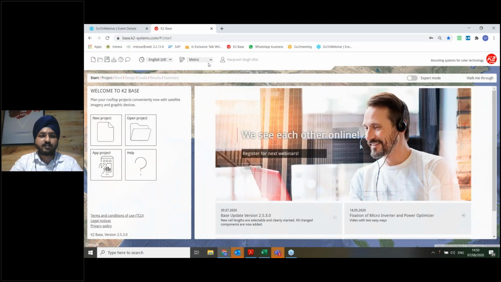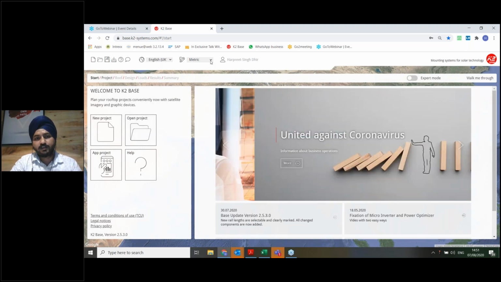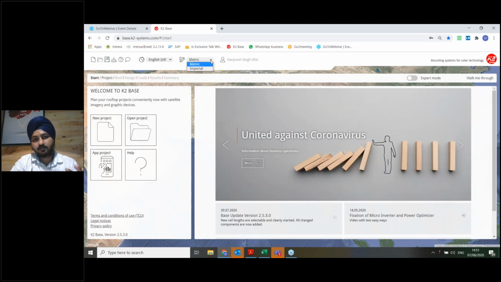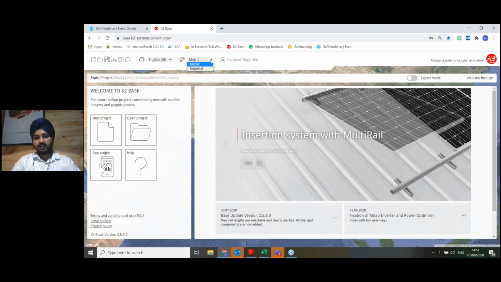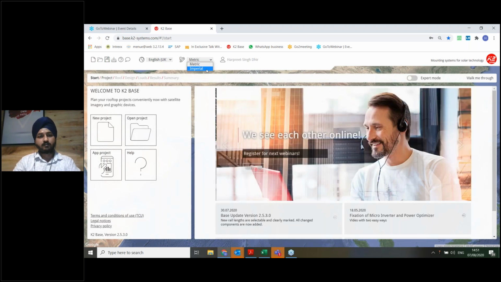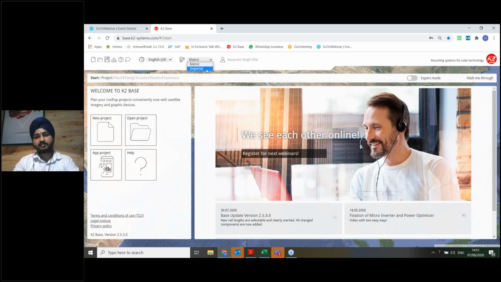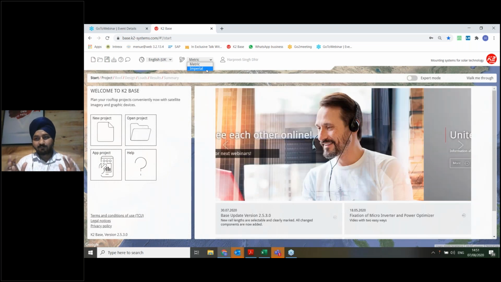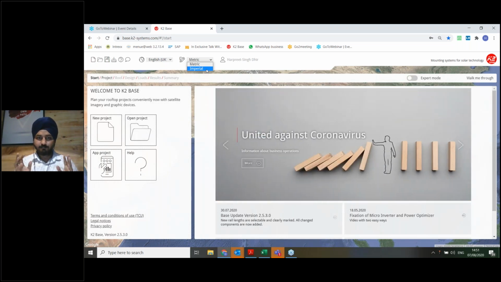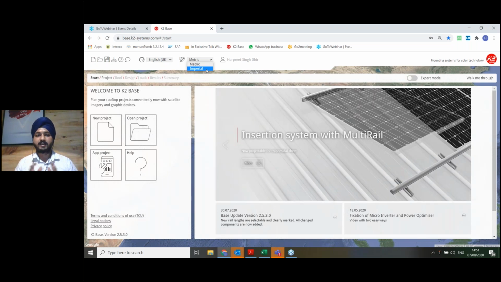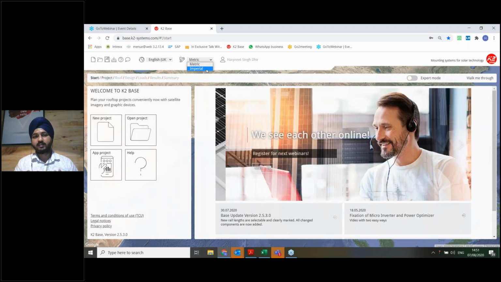The most important information I want to share with you is that there are two ways of doing this mechanical planning. One way is metric, which is in millimeters, and the other one is the US style, which some parts of India also use, the imperial style, in inches. My favorite one is metric, because the most important component of a solar PV project planning is solar modules, and if you look at the data sheets, the measurements are normally given in millimeters.